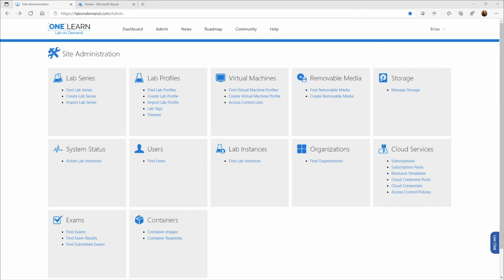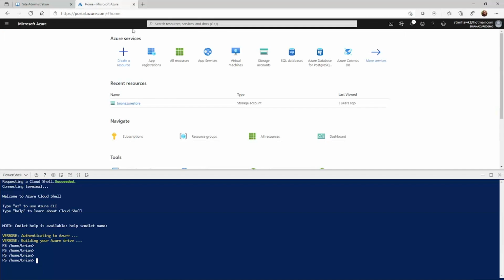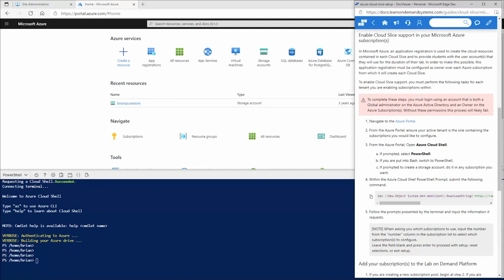Oops, not that page, this page. Now I'll bring it back up. There we go. I copied this PowerShell, and you may be saying, well, is this setting up sort of like a backdoor access to my Azure subscription? And the answer is kind of, but it's setting up an API essentially, and we are making sure that we set up the proper permissions and capabilities to set things up inside of